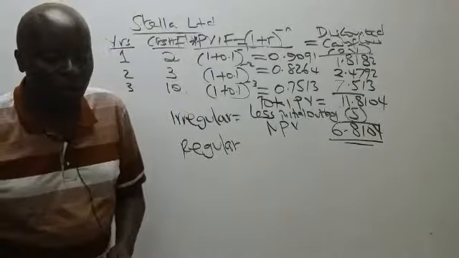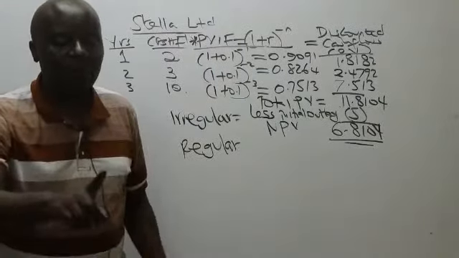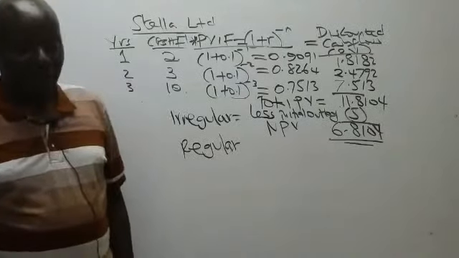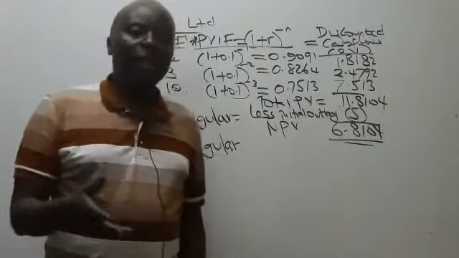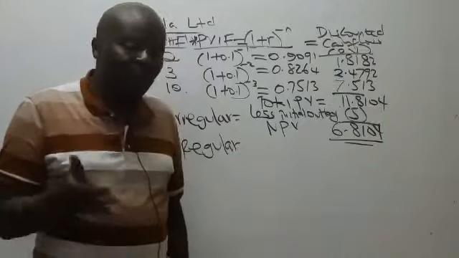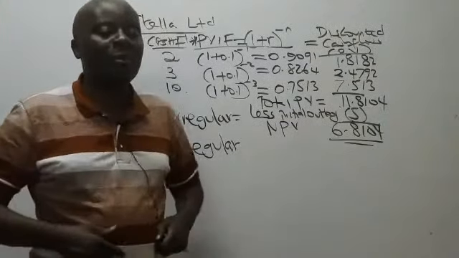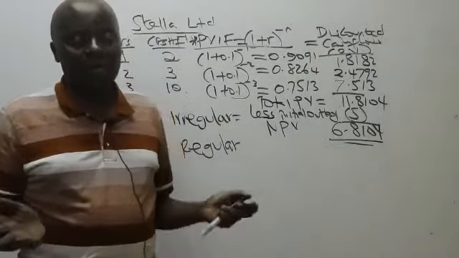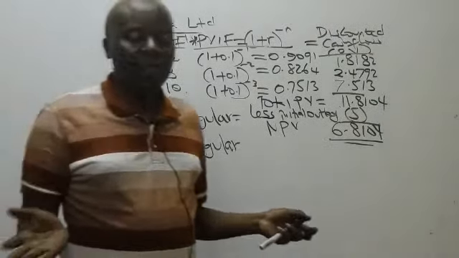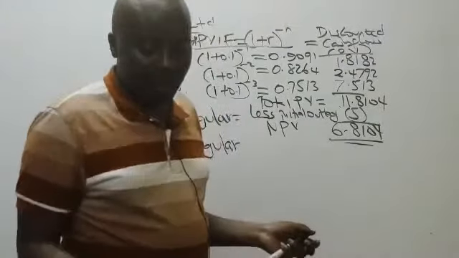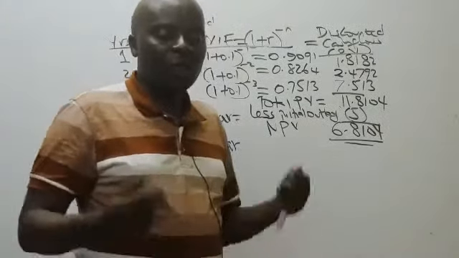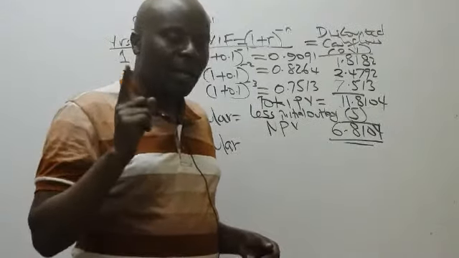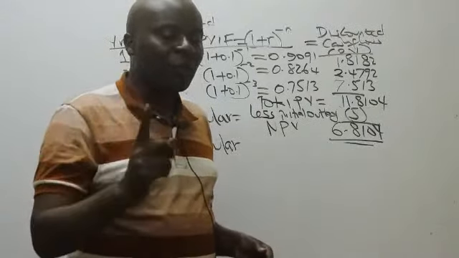All of you here would have lost 1 mark, a commentary mark. Anytime you get NPV being positive, simply write in brackets that this project is viable. If it's negative, you say the project is not viable. So just writing like that can give you 1 mark, and the 1 mark in advanced financial management can make